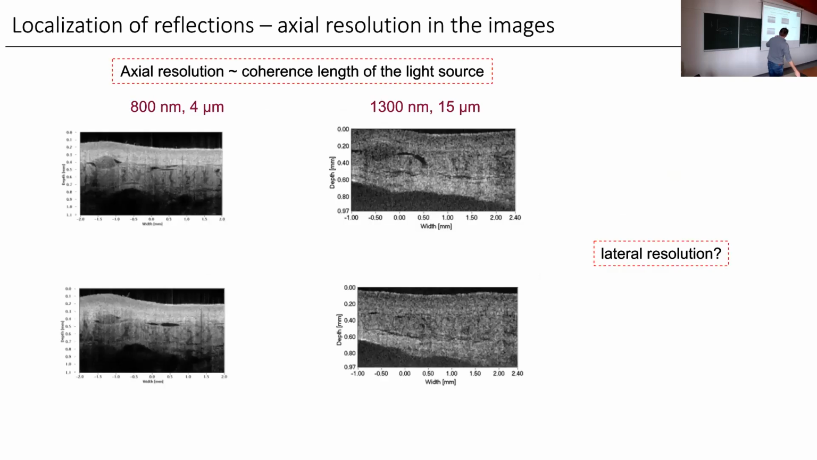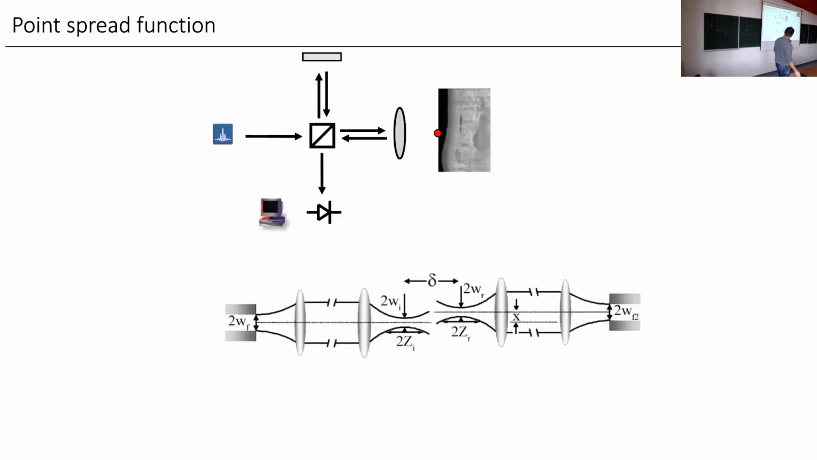So this was the coherence length, which determines the resolution in depth in the image, and basically the size of the structure that you can resolve in the image. There is also a resolution of the display, the lateral resolution. That is determined solely by